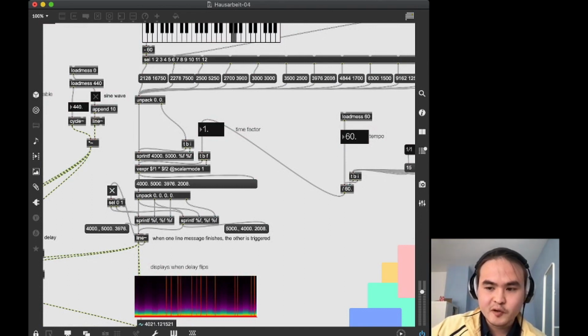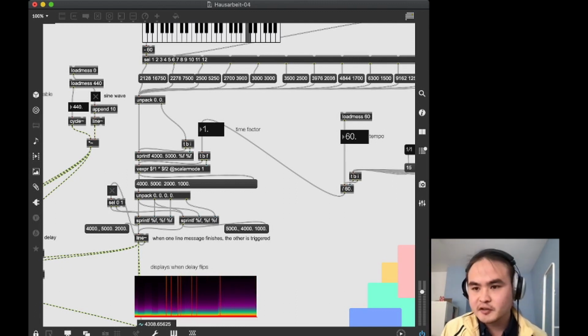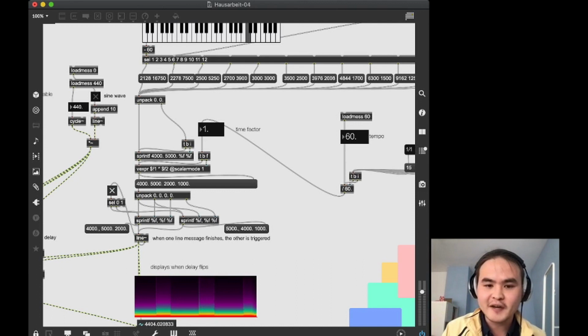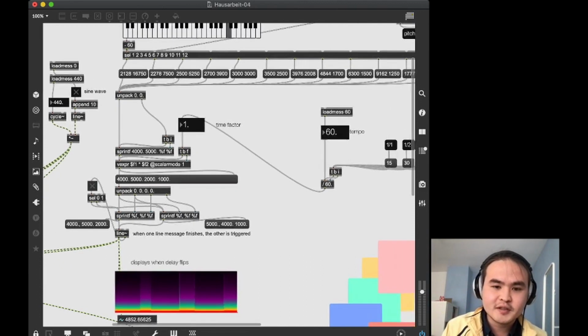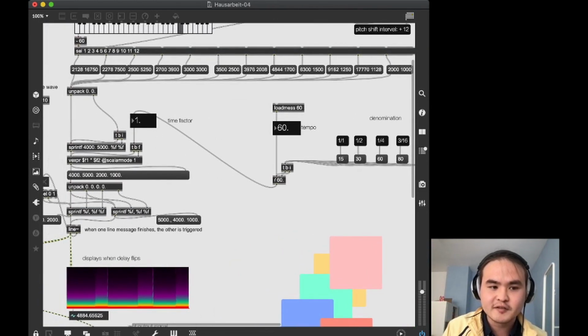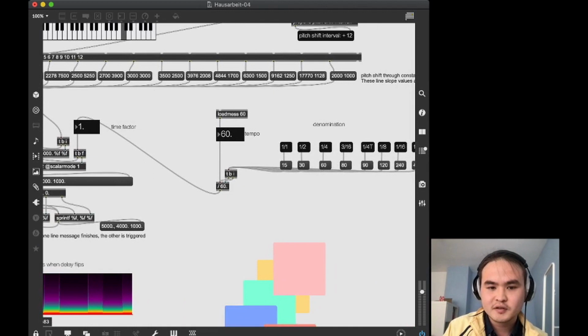However, if I want everything to move at a faster rate in general, you heard later in the song this kind of moving back and forth towards the end that was moving quite fast. This has happened because we have various ways of changing the time factor of this whole thing, where it maintains this proportion of 4,000 to 5,000, but with lower values. For example,